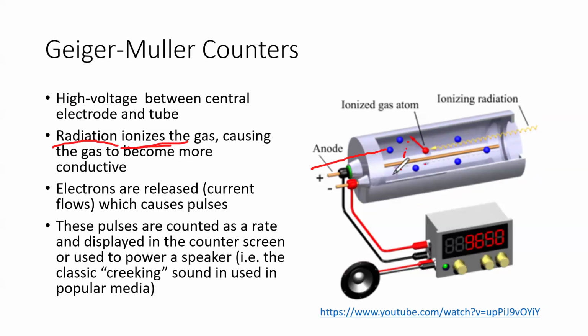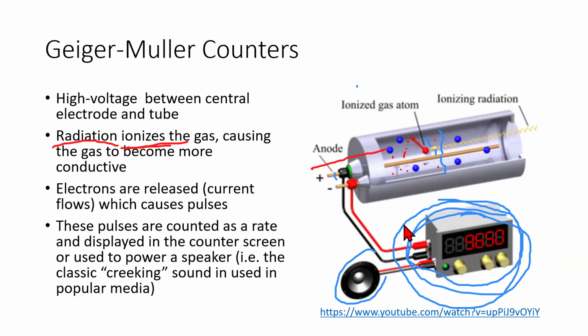Whenever something is ionized, it becomes conductive, and when something becomes conductive, electrons or electricity can actually flow. So whenever the gas becomes ionized, it becomes conductive, and it will register. You have electricity flowing through here, and the intensity or the strength of the electricity